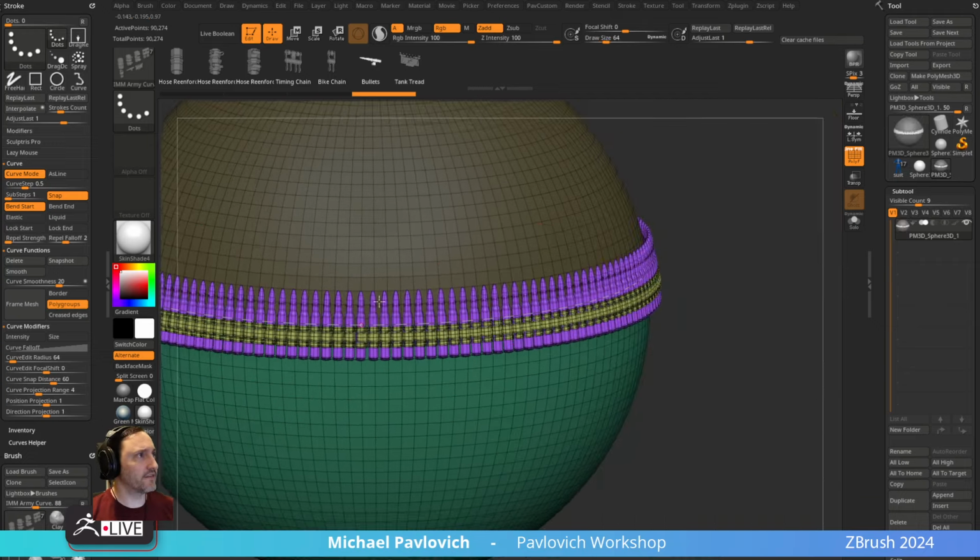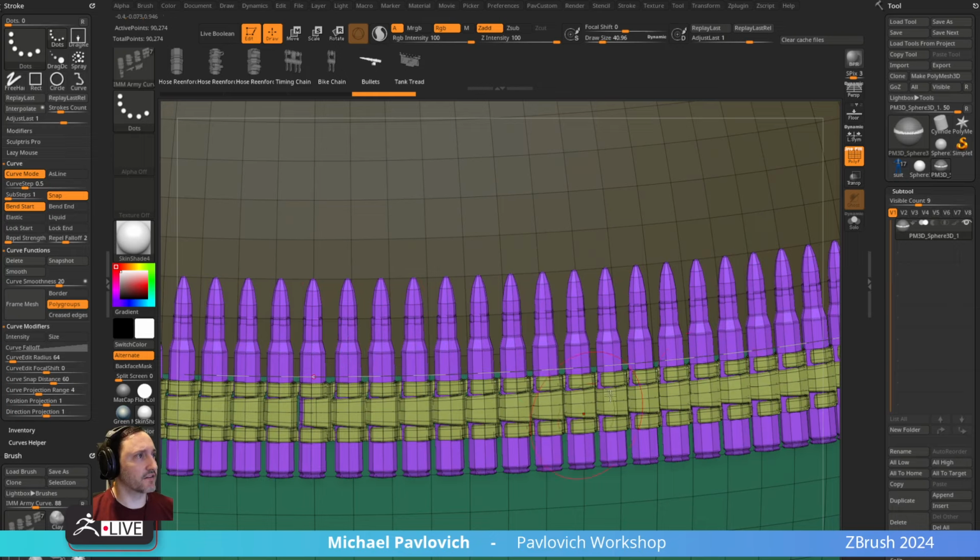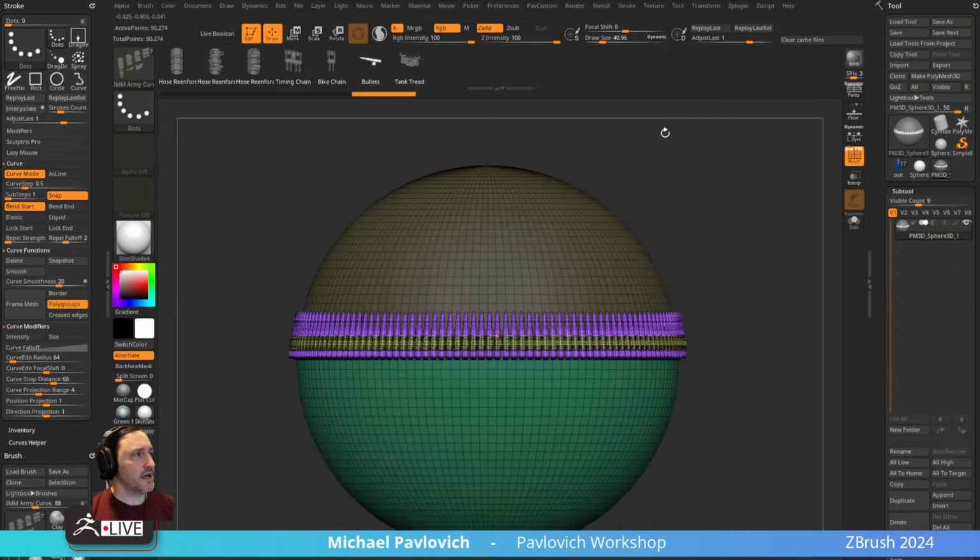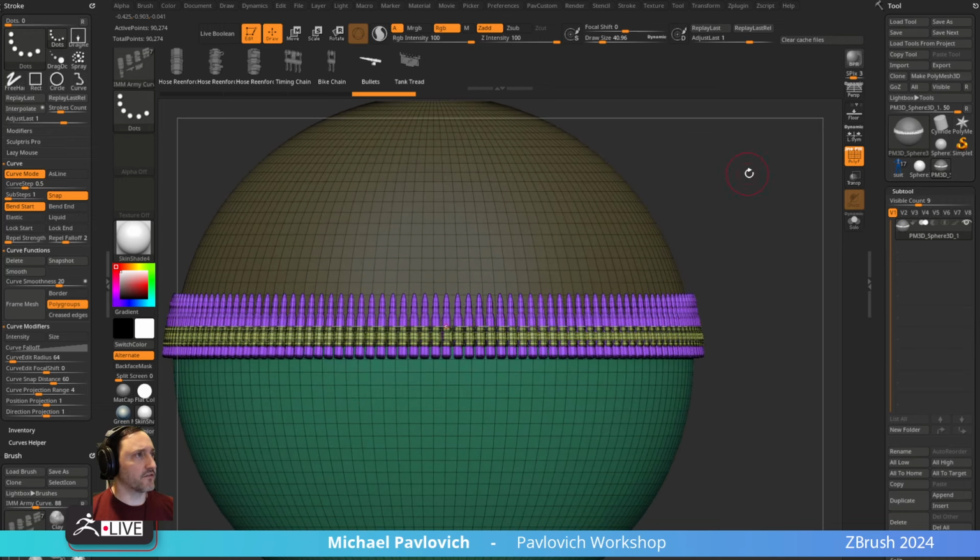In this case, where it's a bunch of objects that just go stacked next to each other, you can just fill in the blanks. So you can tap off to get rid of that curve, or go over here and say curve,